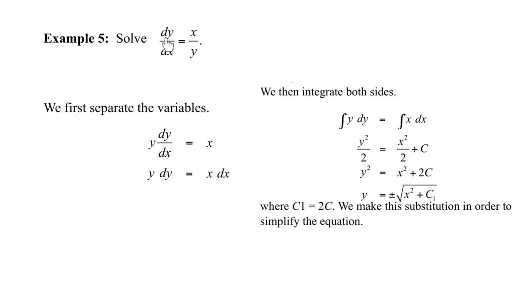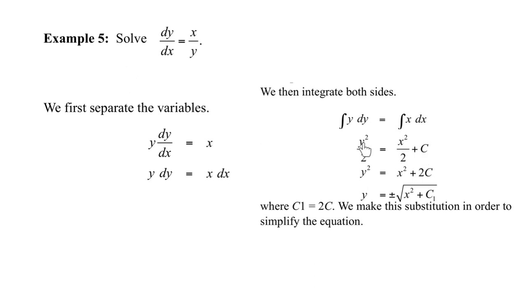We need to solve this. So you can actually cross multiply, then take the integral on both sides. So the integral of y is y squared divided by 2. The integral of x is x squared divided by 2 plus c. We are basically adding c1 or c2 on both sides because of two different constants, and if you subtract c1 from the side, you will end up with another constant.